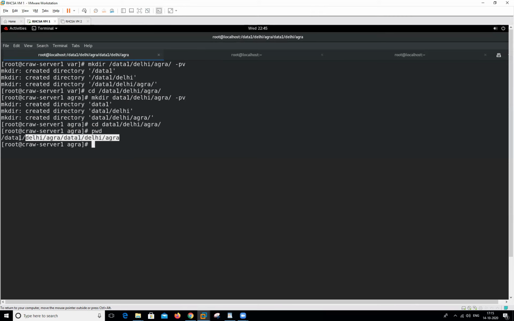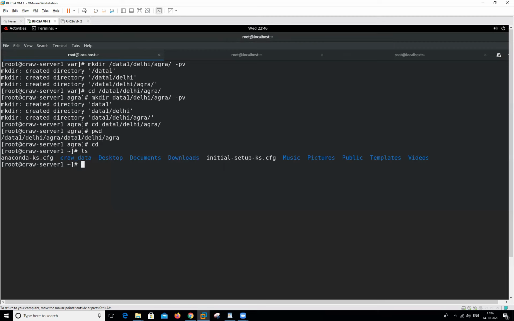This is the full path that starts with the slash sign, so it is called an absolute path. When any path starts without the slash sign, it is called a relative path. So this is the concept of a path reference. It can be relative and it can be absolute.